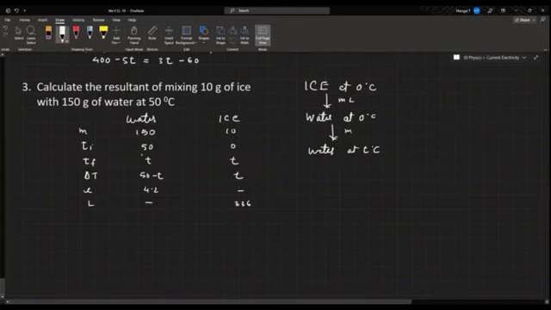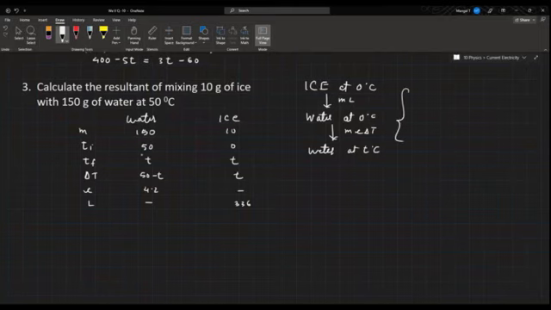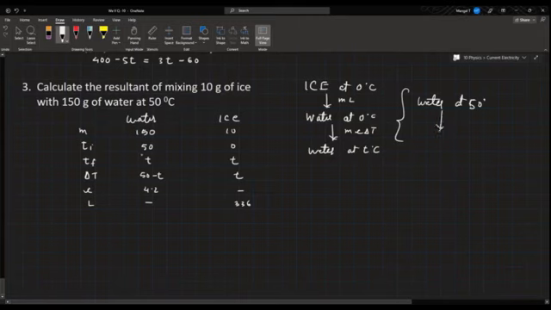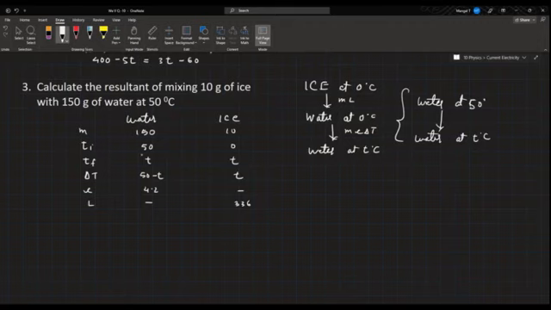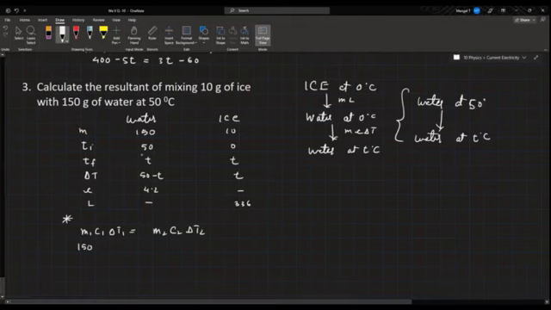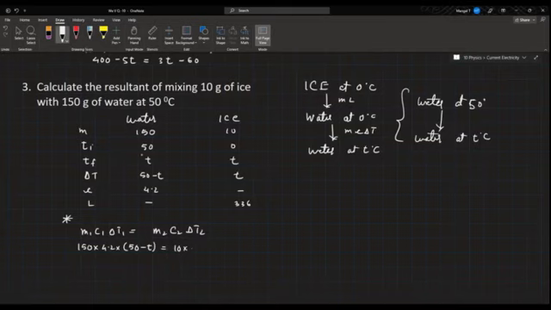So this takes ml and this takes mc delta T. And to do all of this, the heat is supplied by water, which was at 50 degrees Celsius, to turn into water at T degrees Celsius. So again, writing the statement, M1 C1 delta T1 and you have M2 C2 delta T2. So we have 150 into 4.2 into 50 minus T, and this is 10 into 336 plus 10 into 4.2